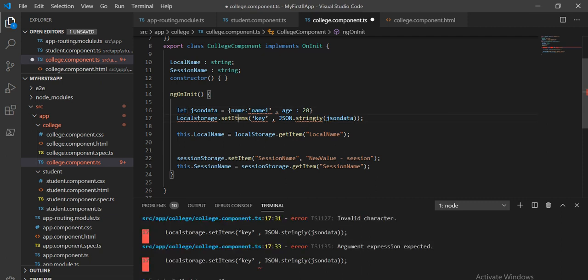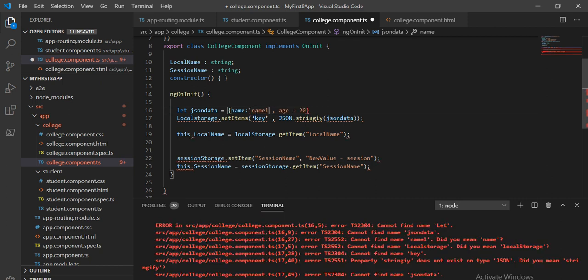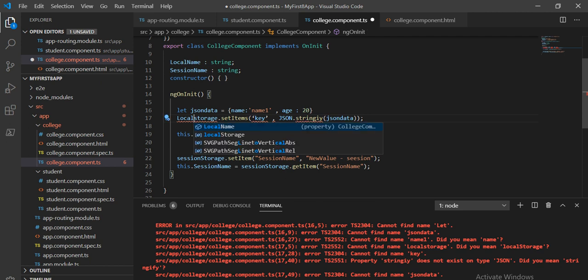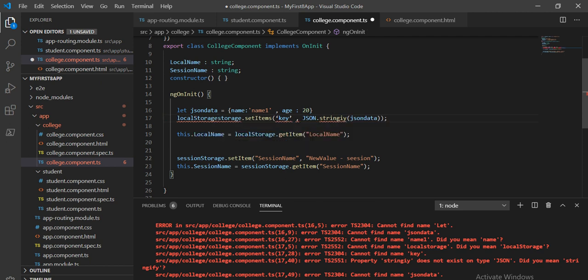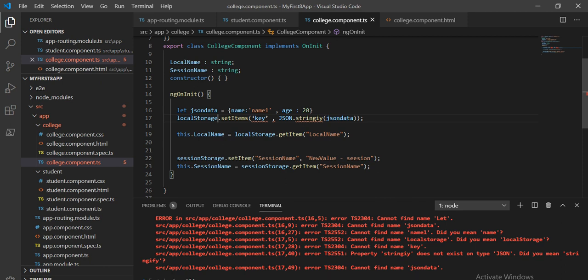So let JSON data, and just take in double quotes, and local storage set item, and we have to give the key name.